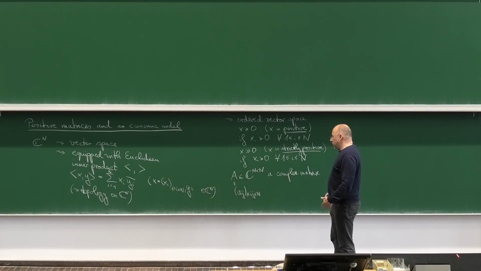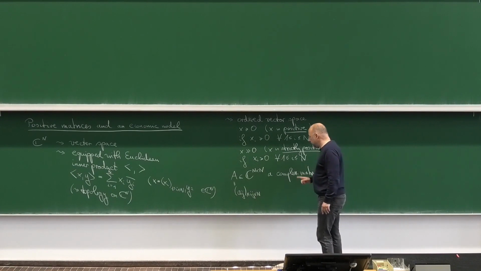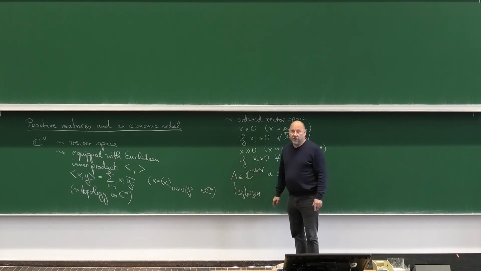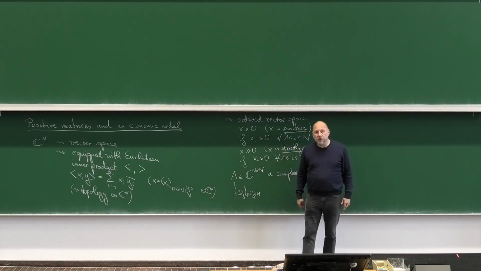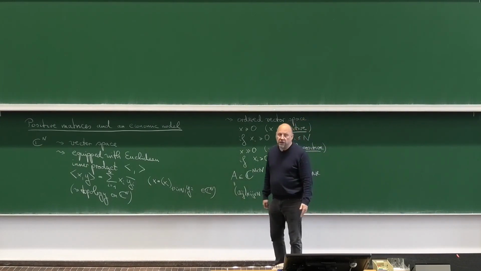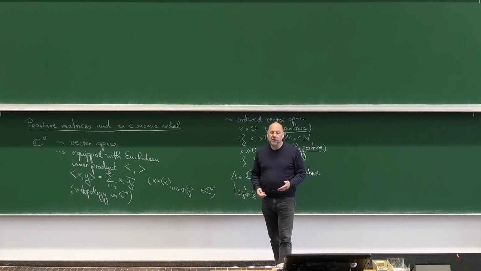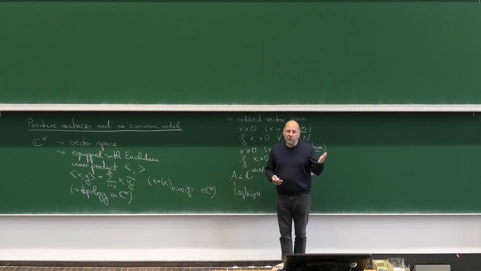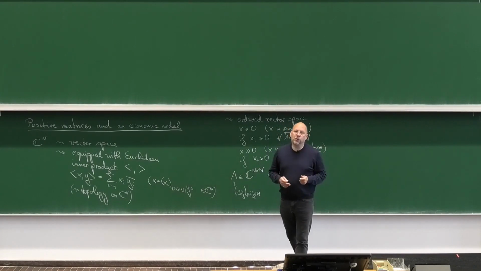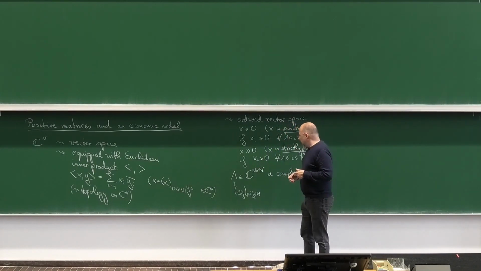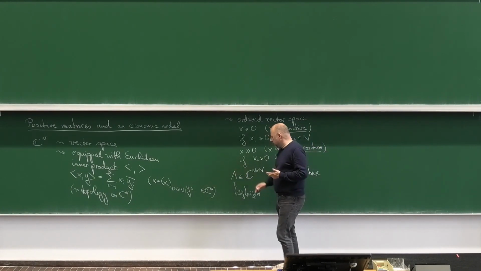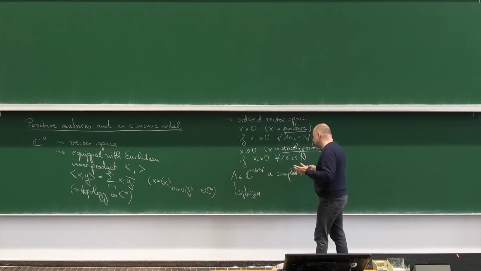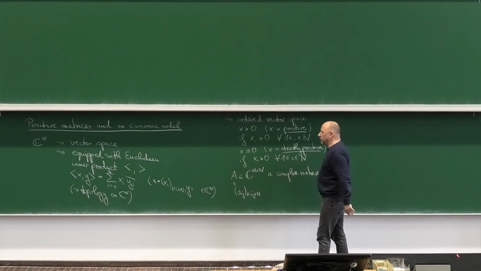And there's a one-to-one correspondence between matrices and linear mappings from Cn to Cn, just by choosing a basis in Cn, and usually you choose the standard basis of canonical unit vectors, which are everywhere 0, just in one component they are 1. And once you have a basis, you can represent every linear mapping by a matrix, or when you have a matrix, you can define a linear mapping.